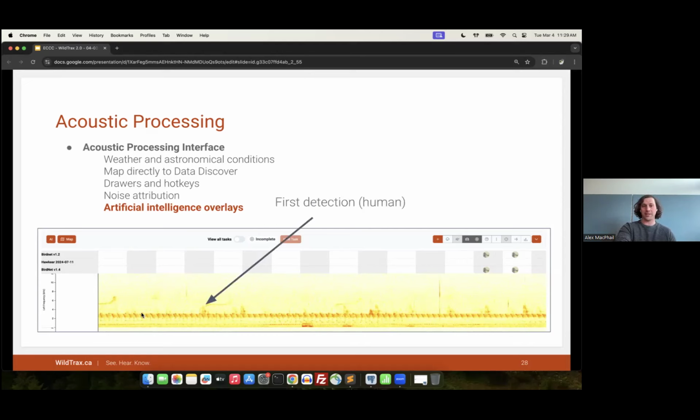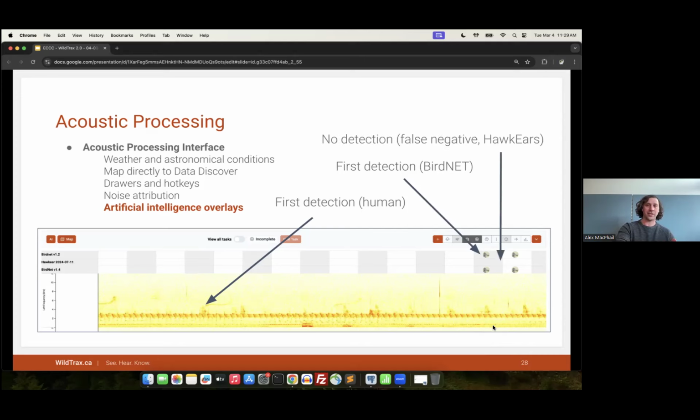So here in the recording, we can see this common nighthawk is peenting at about 3 or 4 seconds within the recording. This would be the first detection that a human actually found within the recording, where I would draw a box and say, yes, this is my nighthawk. However, you can tell that we do have a lesser yellowlegs that's screaming in the foreground, and it's really drowning out the ability to detect those peents in the background more clearly. So the first detection by BirdNET is going to be a little bit later in the recording, when you can see the signal behind the nighthawk is starting to get a little stronger and clearer, and so it's able to pull it out from that foreground noise.